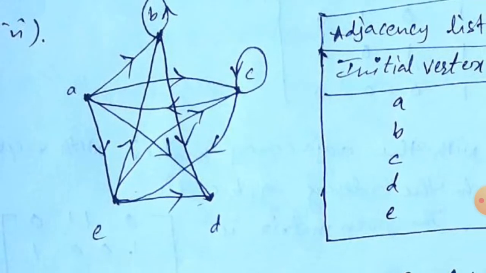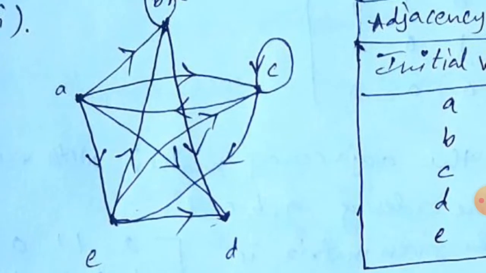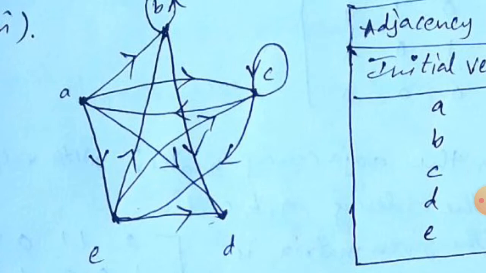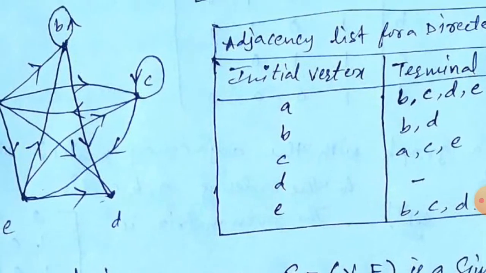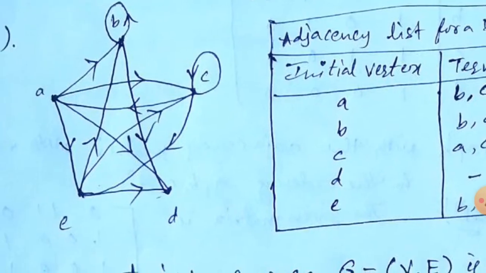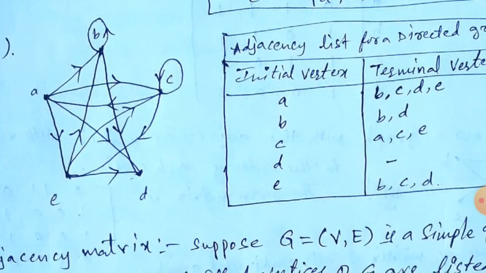But observe C to A there is an edge. Arrow mark, observe C to A. So we can't call this one from A to C. We can call it from C to A. So from and to are important here. From means the initial vertex, and to means incident to which vertex, that is the terminal vertex. So like that. Now B to B there is an edge. Observe B to B there is an edge, which means that is a loop, and B to D there is an edge. Observe B to D, the arrow mark is there. Observe the line. B to D there is an edge.